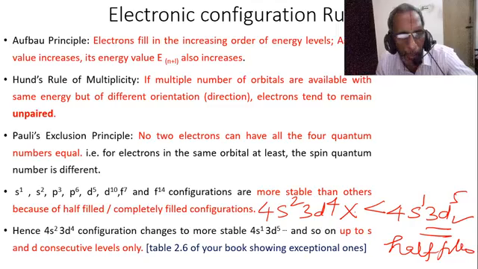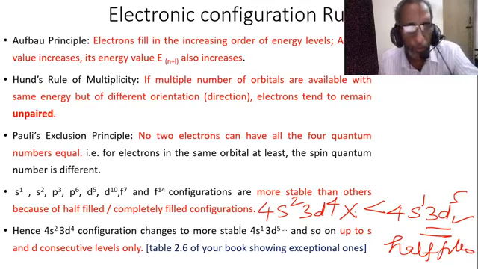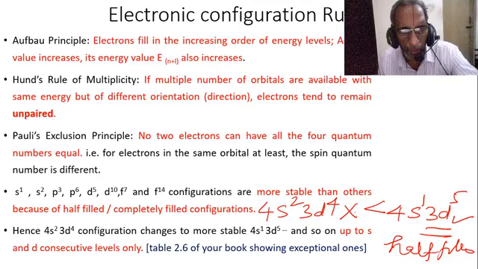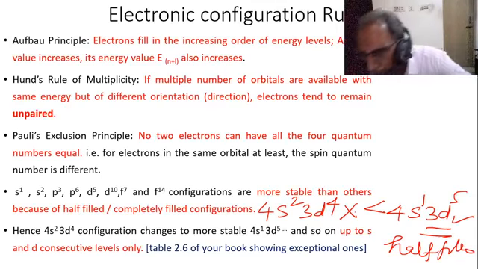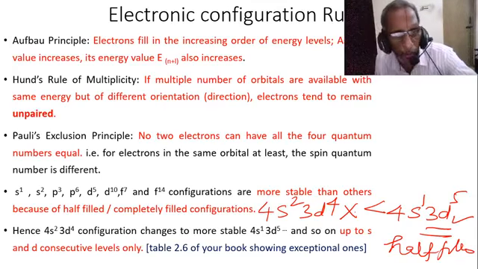Slide, you have a glance. Aufbau principle means electrons are present in which shell: first shell, second shell, third shell, like that. Hund's rule means in one and the same shell, number of orbitals are there: s orbital, p orbital. If you have any more doubt, you can get it clarified later. So this s orbital, p orbital, d orbital. Then Pauli's exclusion principle, spin quantum number.